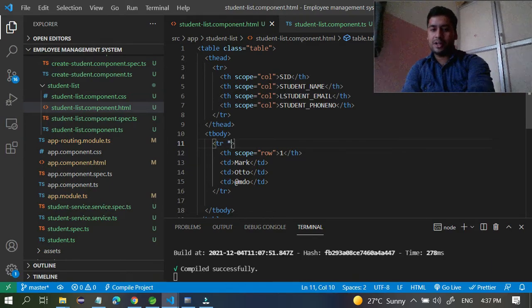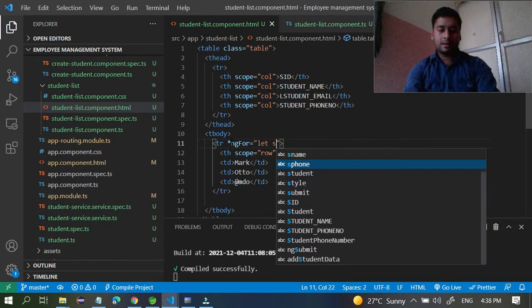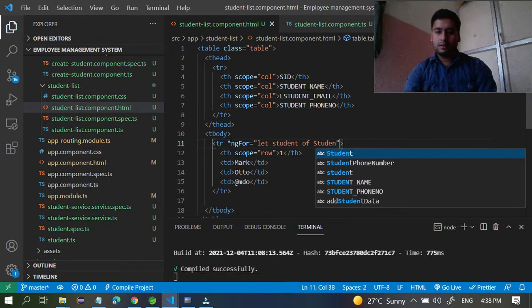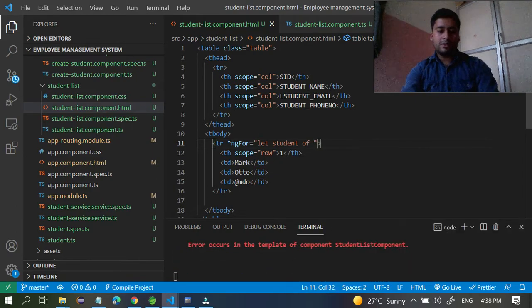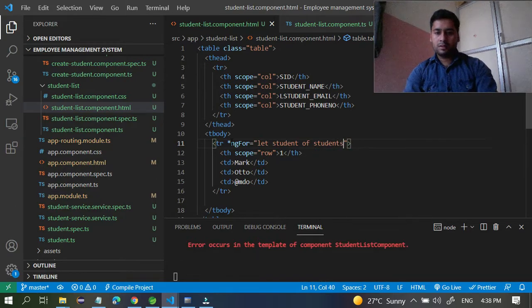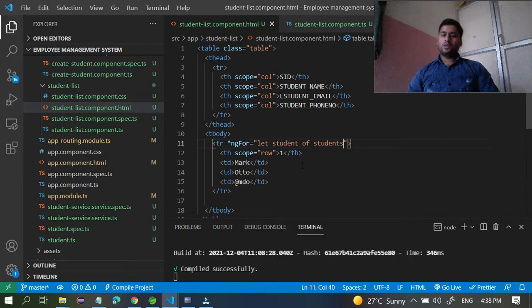Just write a star ngFor equal to, in double quotes, let student of students. That's it. So you already have data, you fetched this data, you can display it here.